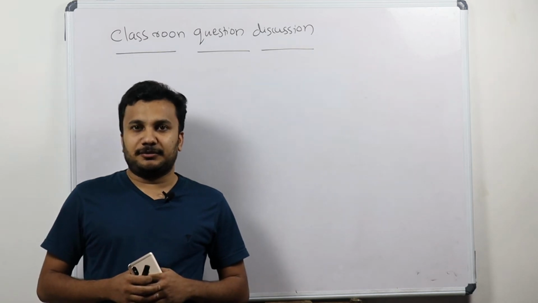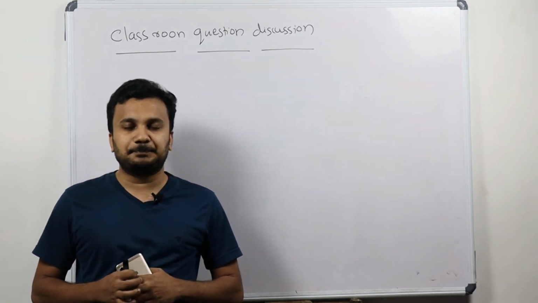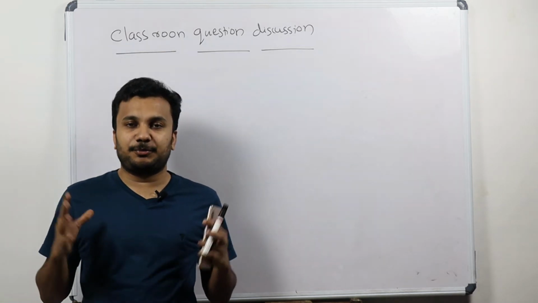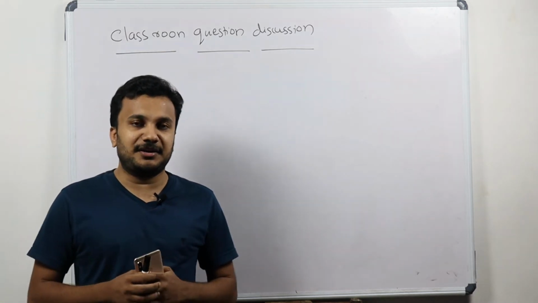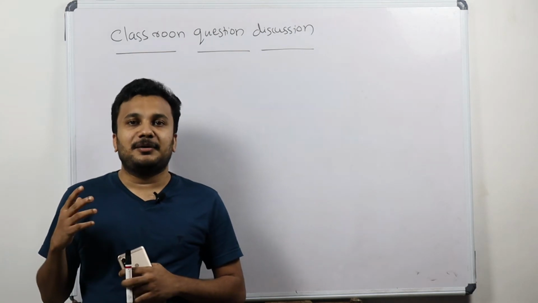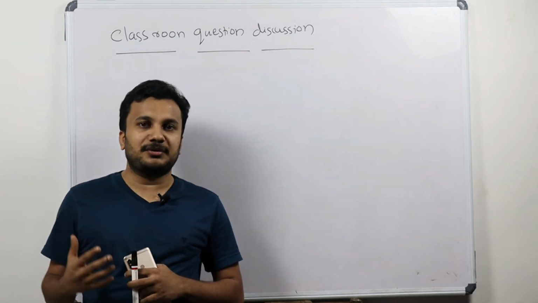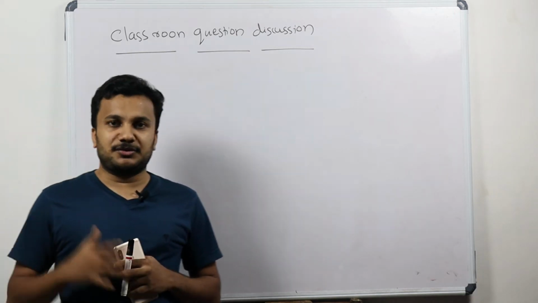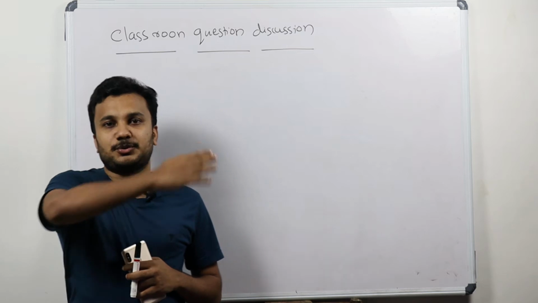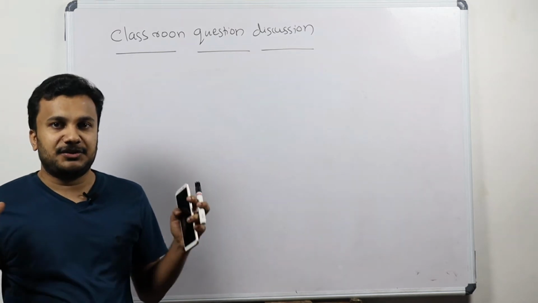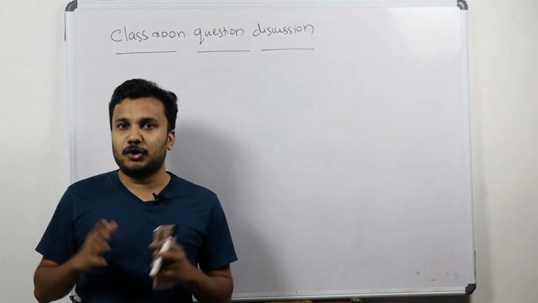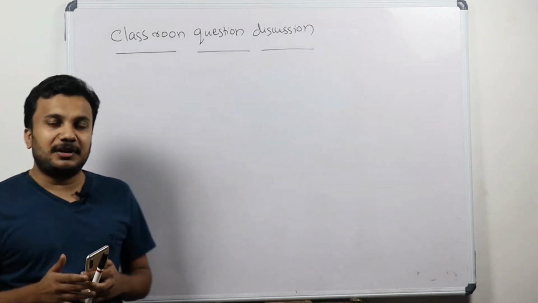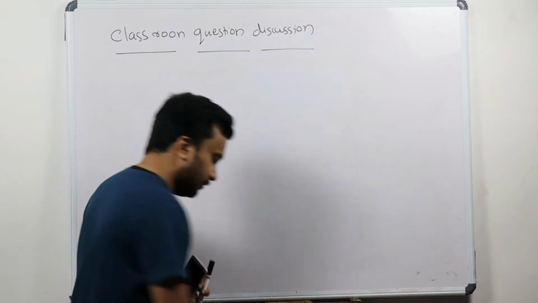In the last video we completed the theory part, and today we are going to see different types of problems. We will touch different areas of the chapter, and based on that we will do a few questions involving the different concepts. So we will move to the classroom discussion questions. We have a set of 45 questions in total, and we will do them one by one. Let's start with our first question.